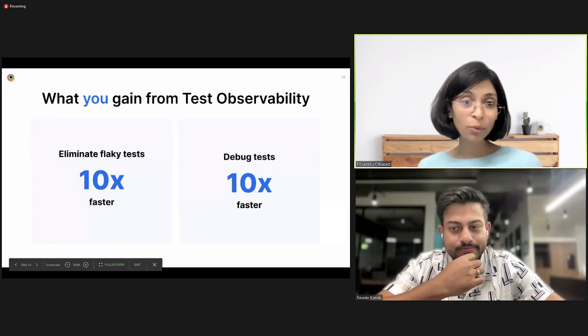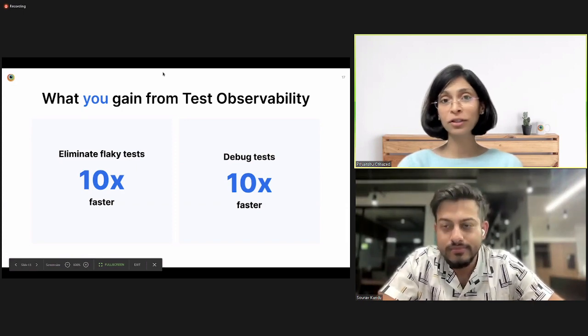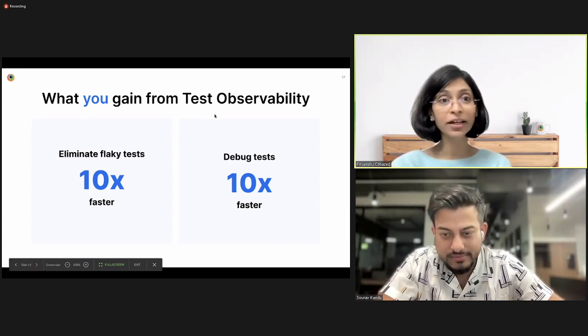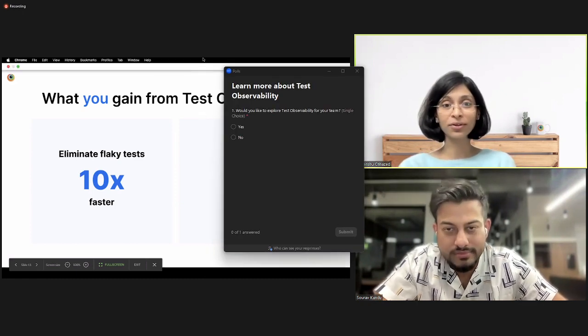Now, before we open the floor for Q&A, we'd love to know if you'd like to explore test observability for your team. You'll very soon see a poll on your screen. Please do vote if you'd like to explore.